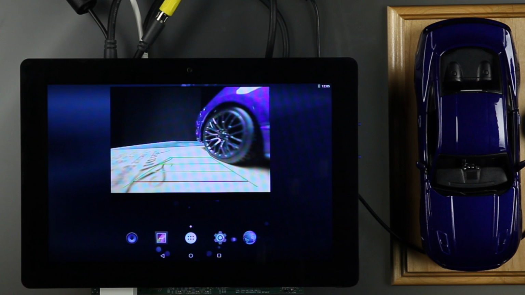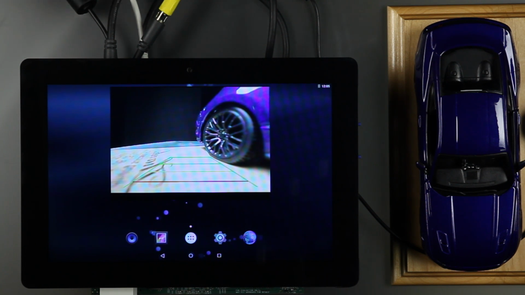The next feature I want to show you is the frozen camera frames detection and handling accomplished in our rear view camera solution. We use a series of camera frame CRC checks in order to detect frozen or missing camera frames that are normally expected to be updating in a regular fashion.